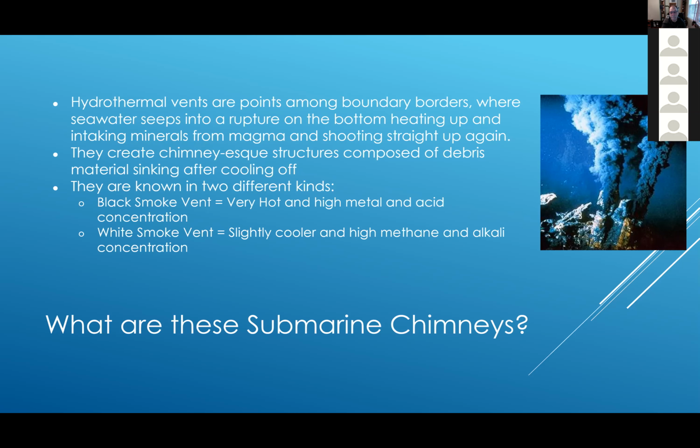And there are two different types: a black smoke vent as well as a white smoke vent. The black smoke is much hotter and contains higher levels of metal and acid concentration, whereas the white is slightly cooler, but it does contain higher levels of methane and alkali concentrations. And this is just one of the many discoveries